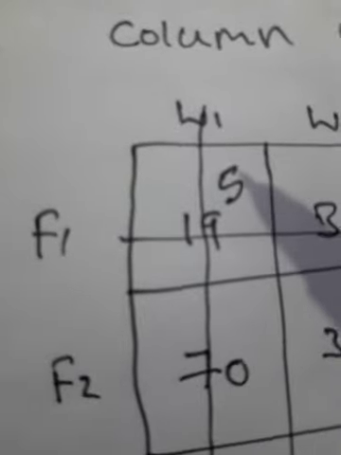In the row minimum method, we went for the minimum value in the row. In the column minimum method, we go for the minimum value in the